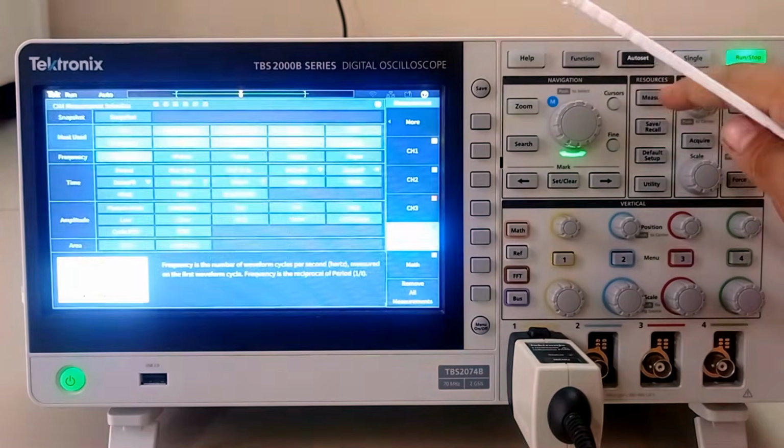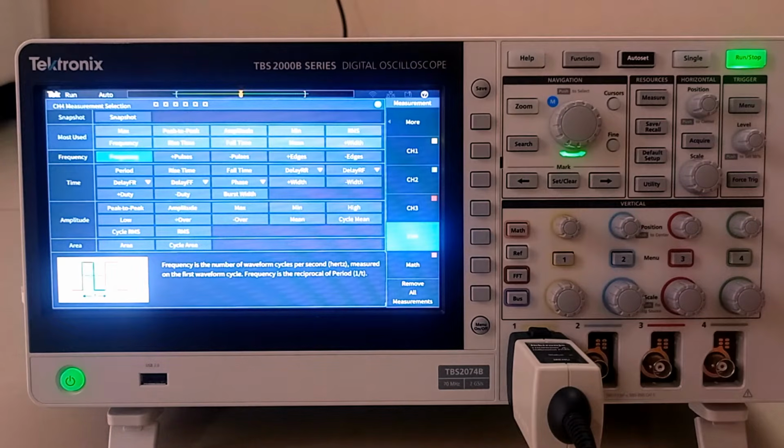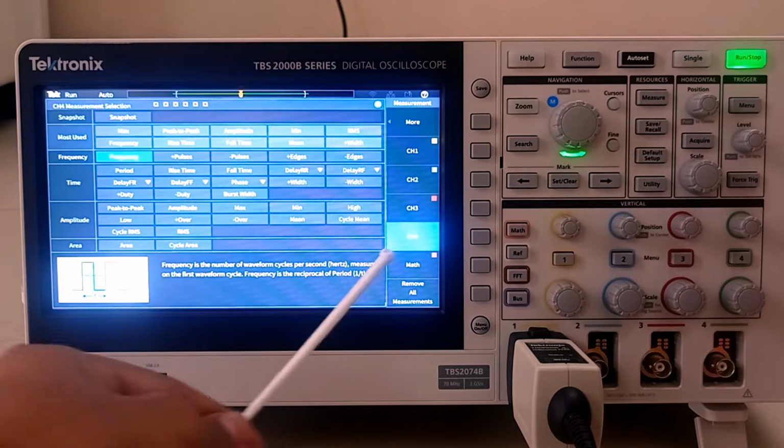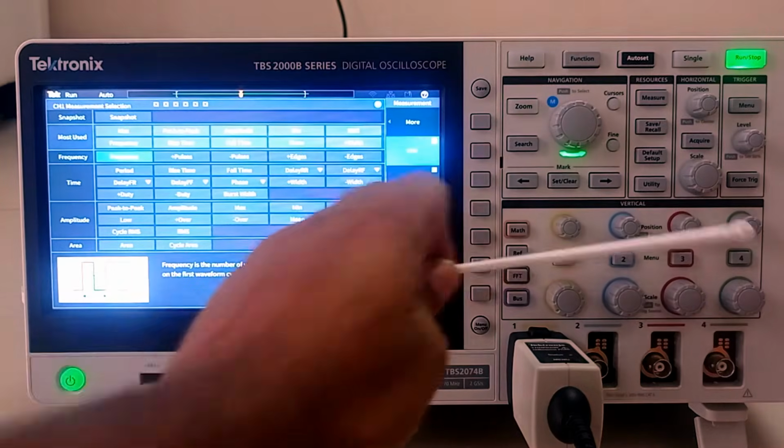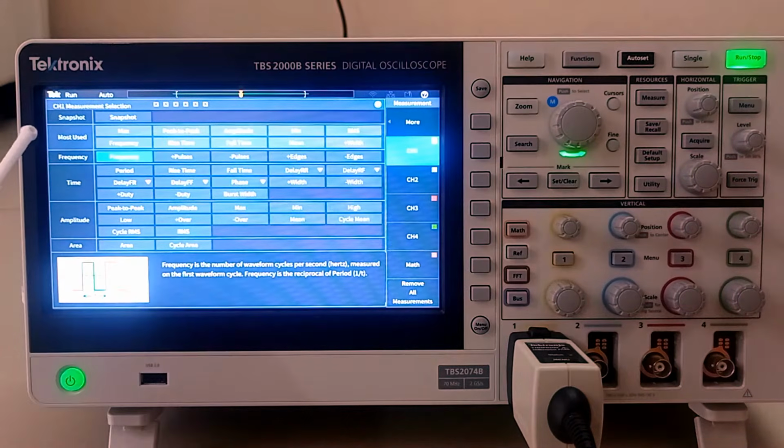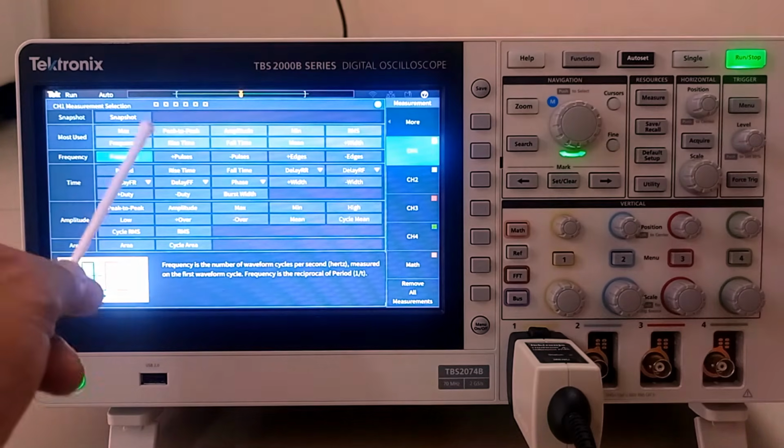So this is the measurement. If you look at the measurement part, what can be measured here? Right now I have selected channel 4. You can have channel 1 as well. So this is my channel 1, and if you look here at the snapshot,